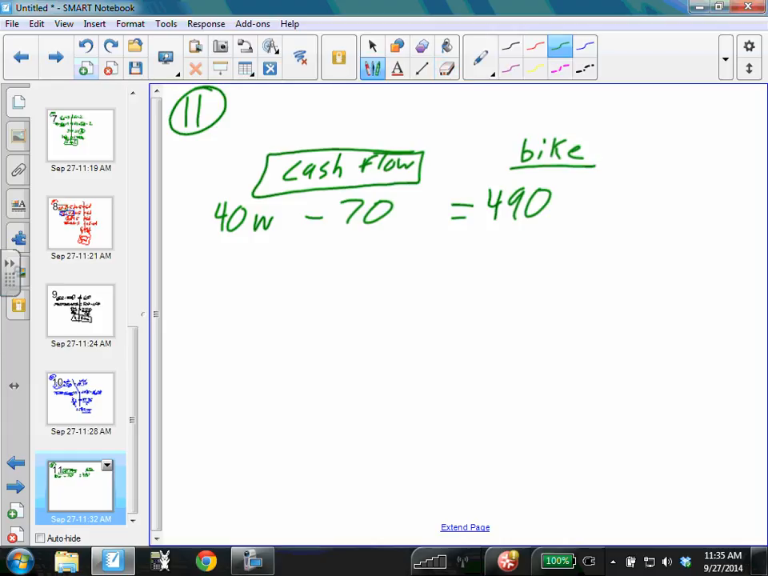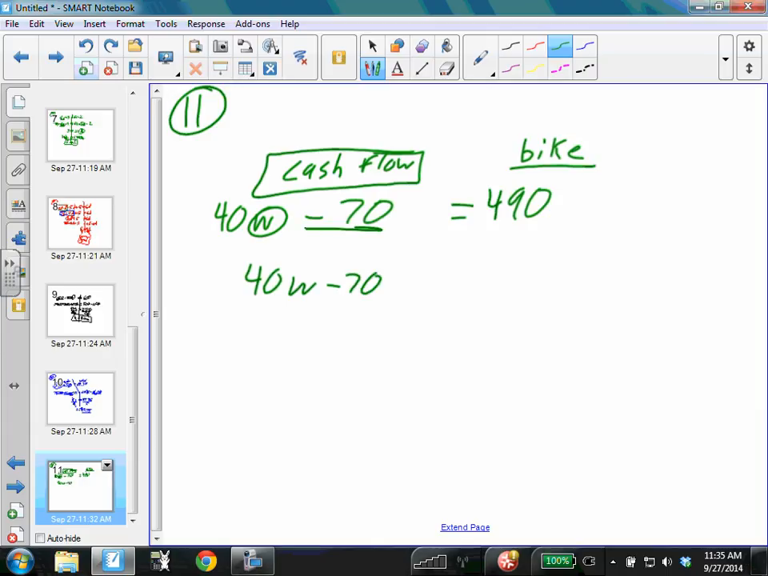So here's his cash flow, $40 coming in every week, but he's got to spend $70, and he wants to get up to a total of $490. And it wants to know how many weeks. Well, that's good because we have W right there for weeks. That's our variable to tell us how long it will be before he can save up that money. And now to get W by itself,